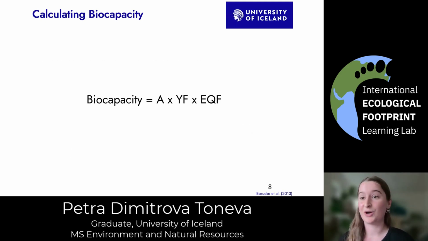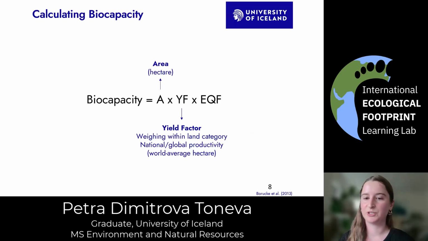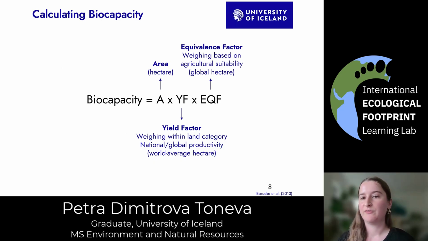So with that, we can go to calculating biocapacity, which is calculated by multiplying area in hectares with yield factors, which weigh land within the land category itself. And they specifically normalize national productivity by global productivity. And this is how we calculate the world average hectare. And then we multiply by equivalence factors, which are a weighing between land categories based on agricultural suitability. And this is how we make the land categories comparable to each other by converting them to this common unit,